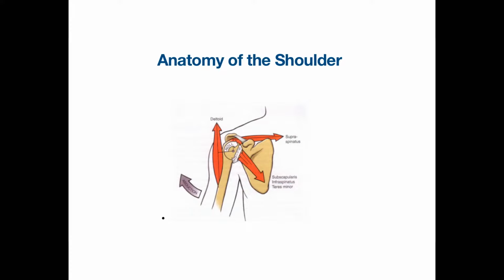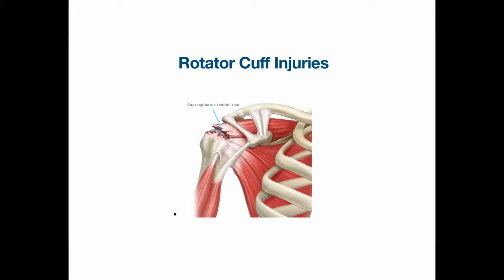So looking at our next slide, we're going to see one of the most common injuries of the rotator cuff, and that's going to be a supraspinatus tendon tear. And in the screen, we see the illustration of a tendon tear on the very top of the ball and socket joint. So if the tendon is torn, what then happens to the ball and socket where the coupling joint existed? So as we move on, we see that